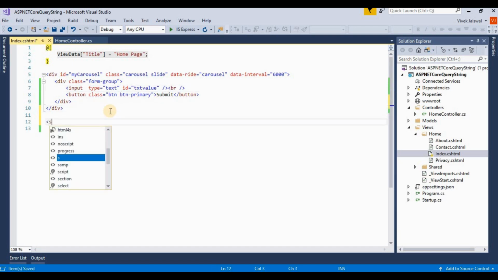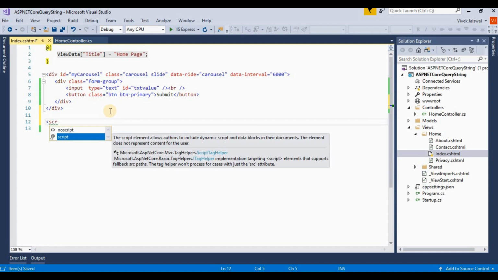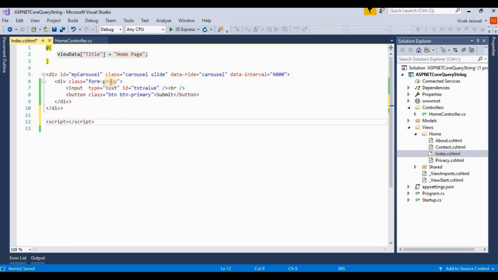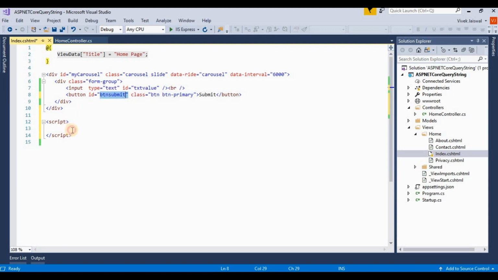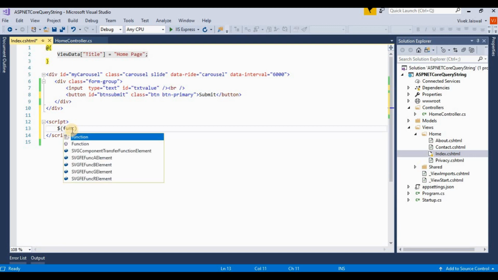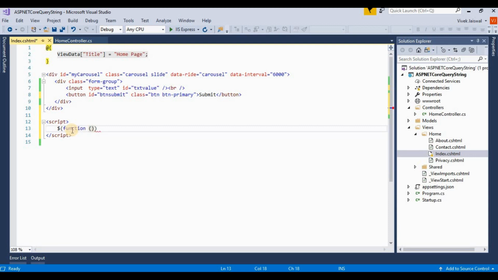And here I am writing a script for redirecting this text box value. So we are providing the ID btnSubmit. I am writing jQuery code for creating a function that gets a value from a text box and redirects with a query string.